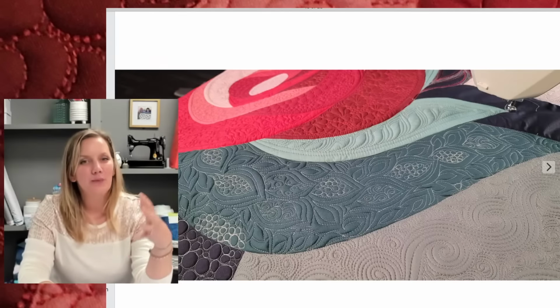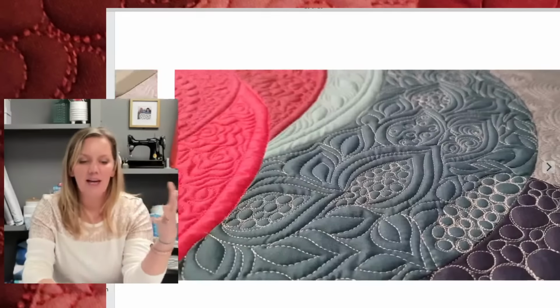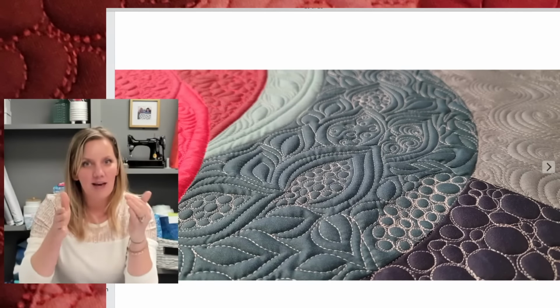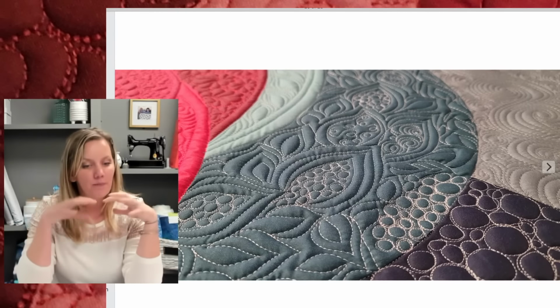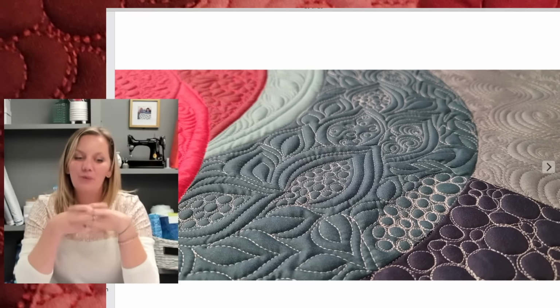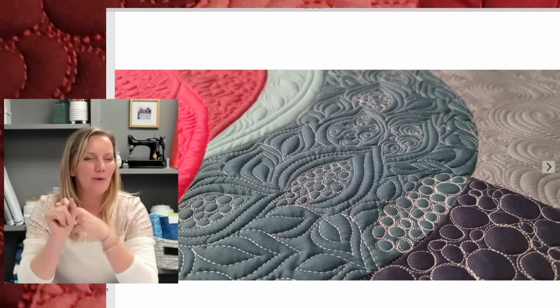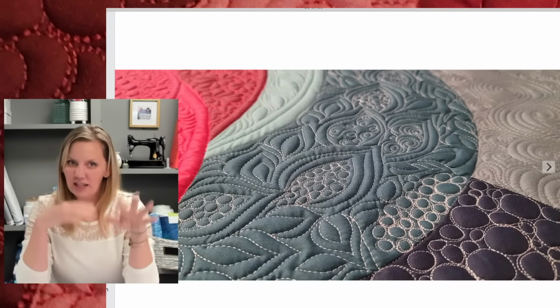So what we're doing is we're combining it with leaves. We're making our bigger leaf shape. We want to make sure that it's big enough that we can fill it in, and then we're going to echo it so that it's separated from the rest of the filler. Because if I'm taking the time to put pebbles in the shape, I want to be sure that it's noticeable. I want to make sure it stands out. So then I'm going to echo it and then continue on. The good news is you don't have to add pebbles inside every leaf. You're still going to get the same effect, even if you leave out a couple,